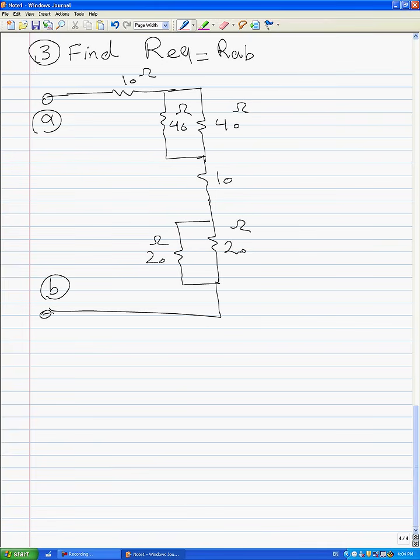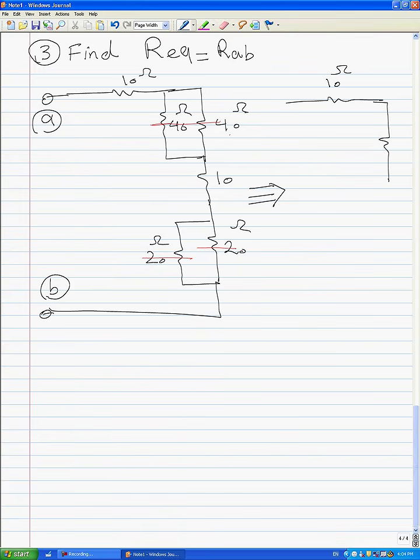In this circuit, this 40 and this 40 are in parallel, and this 20 and this 20 are connected together in parallel. And we can simplify the circuit to this. We have 10 here,